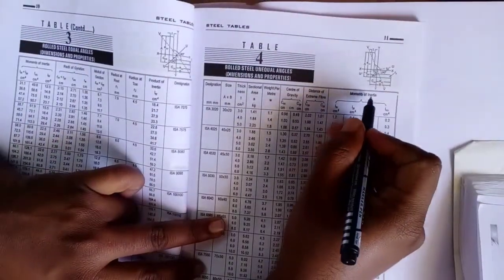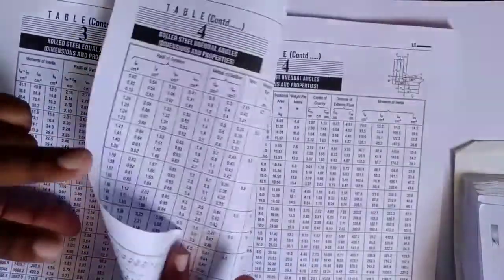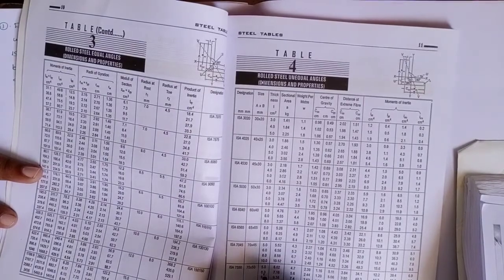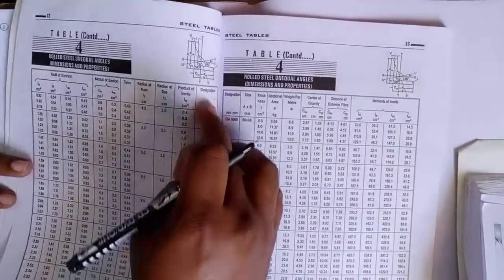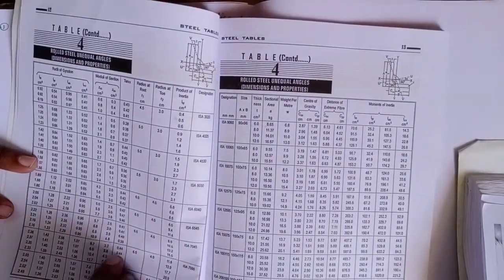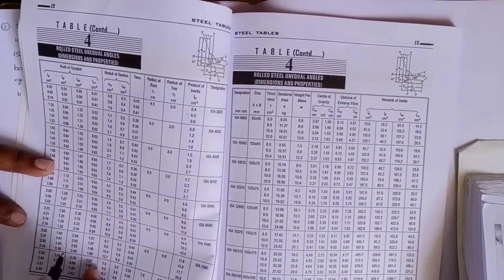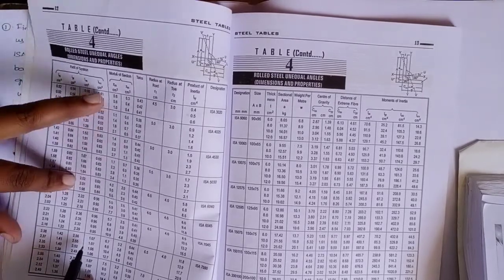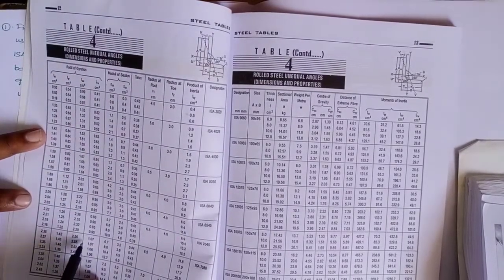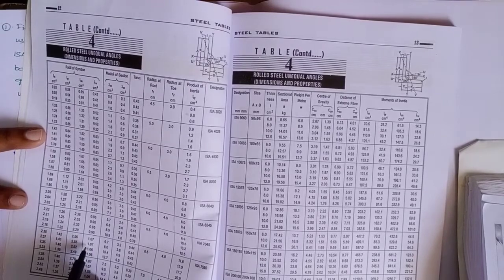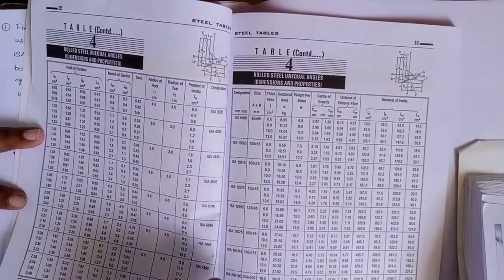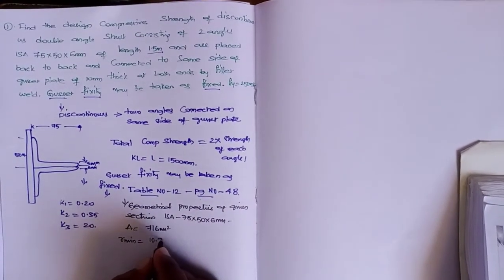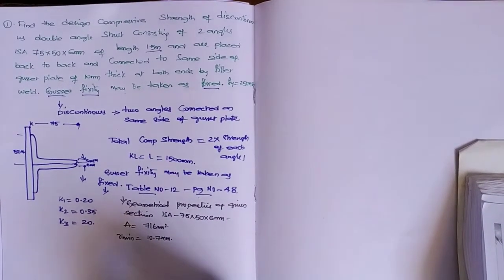Coming to here, it is moment of inertia. We required, see, first you see this one in this column, second one. So in this column ISA 75, second one. So you see these values 1 2 3 4. Okay, r vv, which one is less? This one is less. Okay, how much it is? 1.07 centimeters means 10.7 mm. This is the given data.